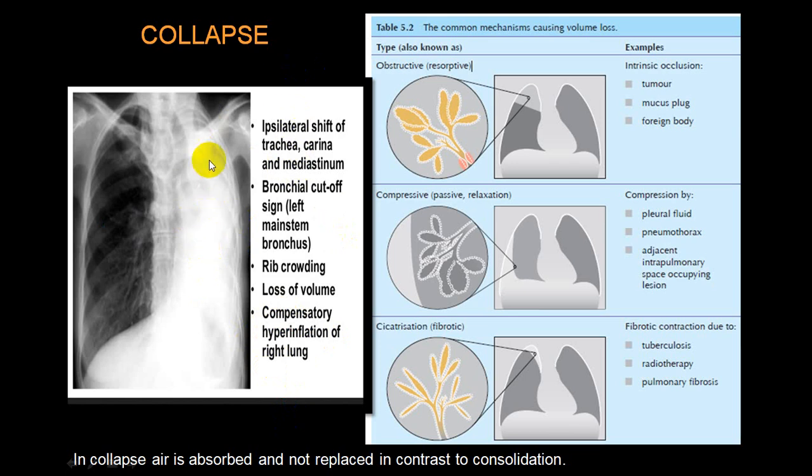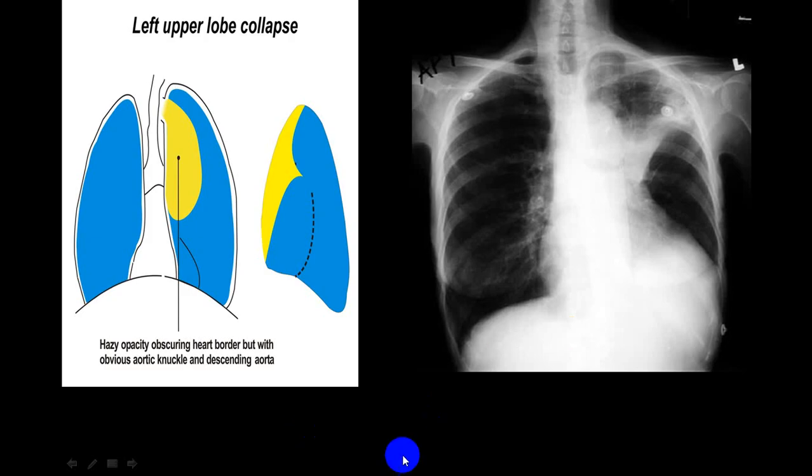Again repeating, shift of trachea to the same side, we call ipsilateral. Shift of mediastinum, shift of diaphragm, crowding of ribs, loss of lung volume, and opposite lung, compensatory emphysema. You can see a little more radiolucency, diaphragm pushed down a little bit, in favor of a complete collapse of the lung. In a case of a partial lung collapse, what you get will be showing you here.